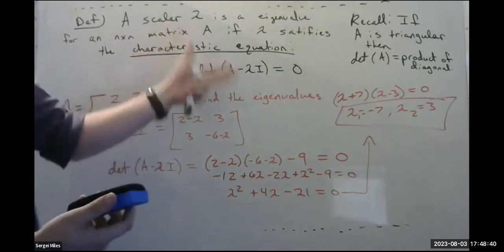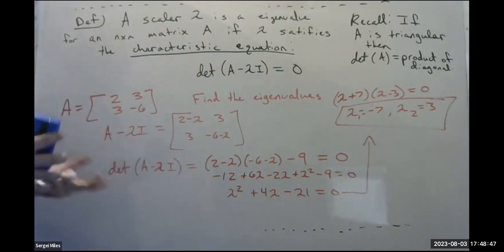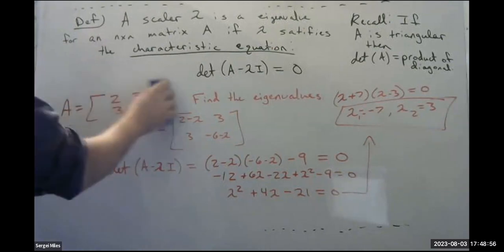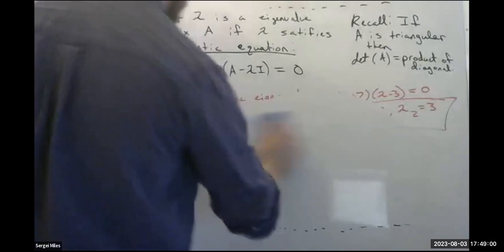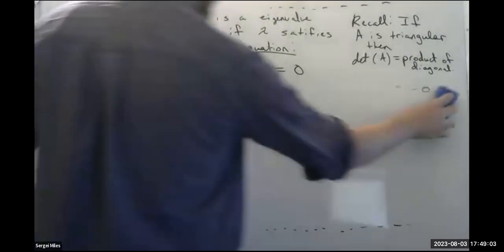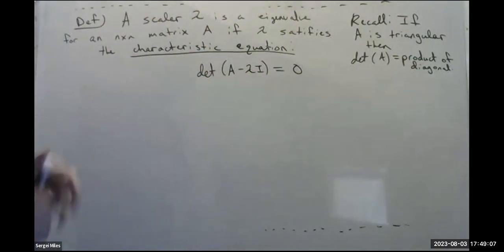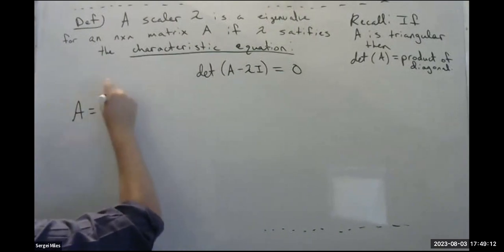So using this characteristic equation methodology is not always the best way to go about it. However, if we first simplify the matrix by row reducing, then that might give us an easier way of finding the determinant, and so give us an easier way of finding the eigenvalues. For example, suppose the matrix A is given here, where A equals